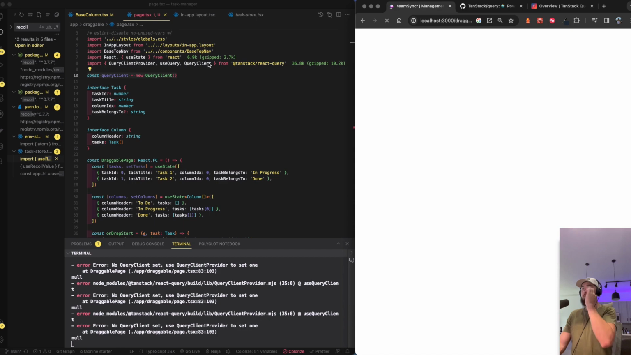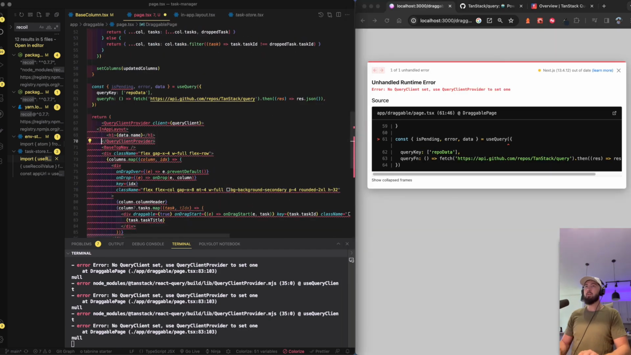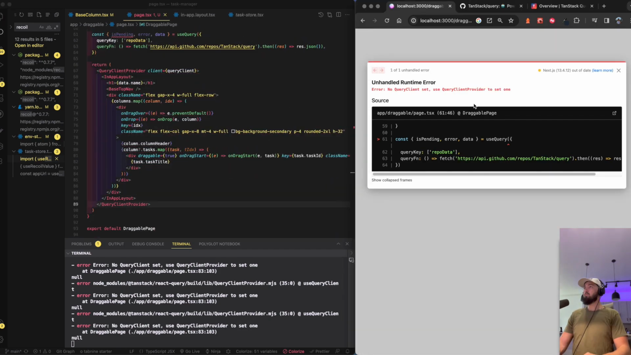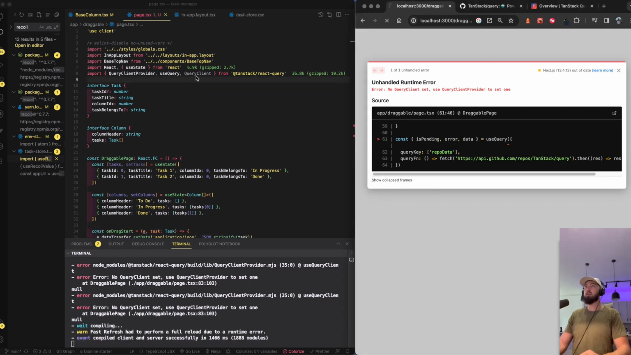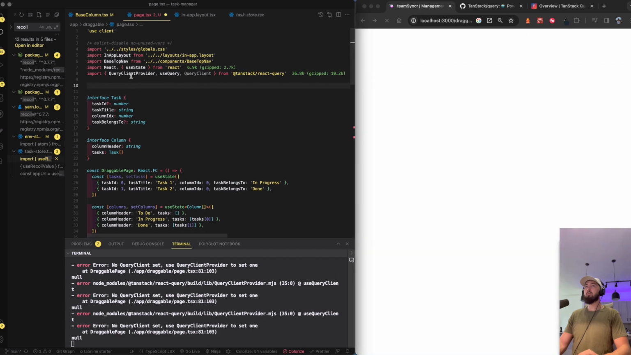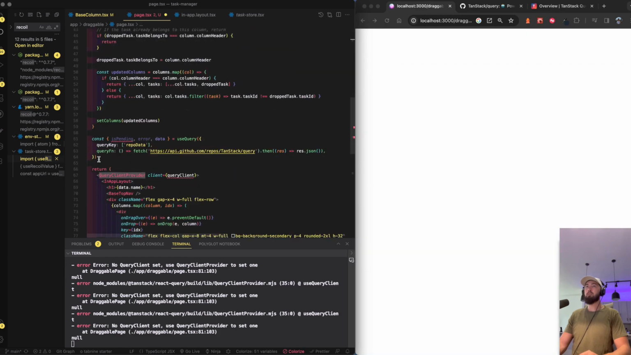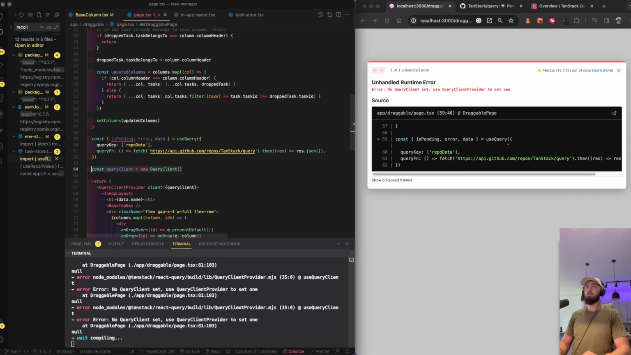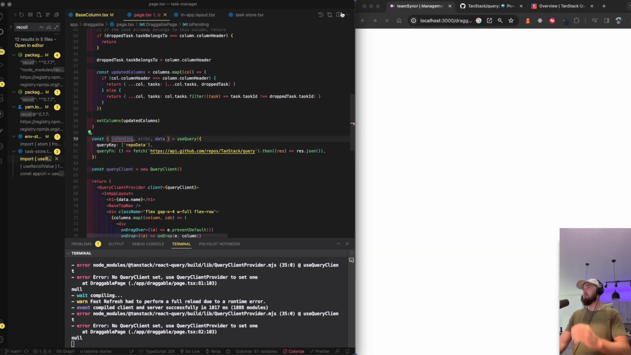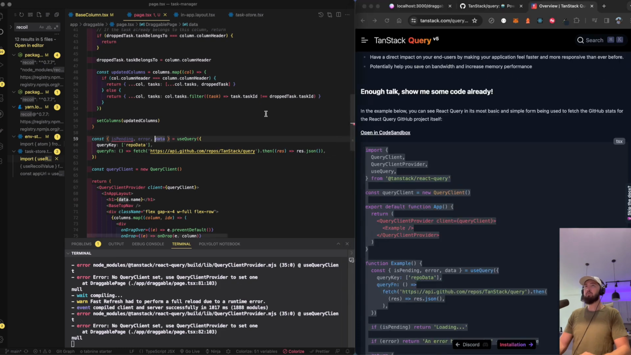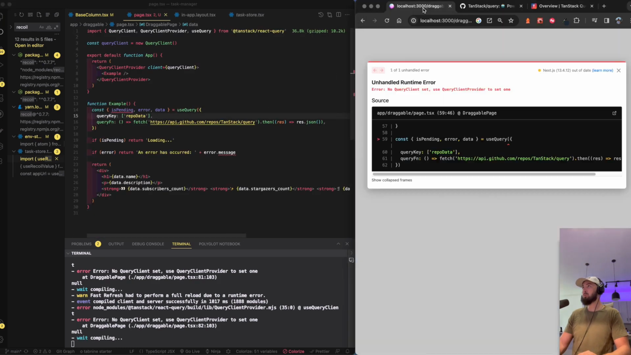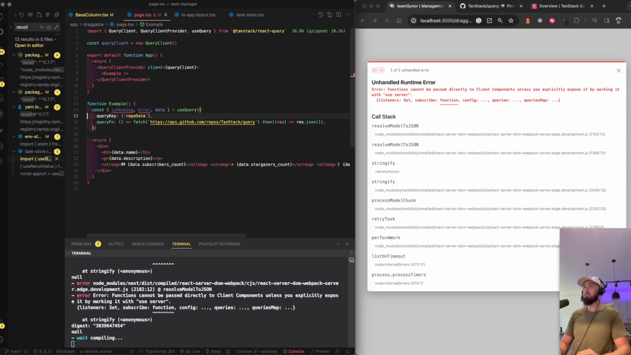Query client provider something. It said something. Okay, I'll try this this way. No query client set. Use QueryClientProvider to set one. I thought we are. No, use query client. Oh, I see. I see. I don't know. I'm still a little confused. Matter of fact, I'm just going to do this real quick, see if this will work. Not seeing it working like that, but